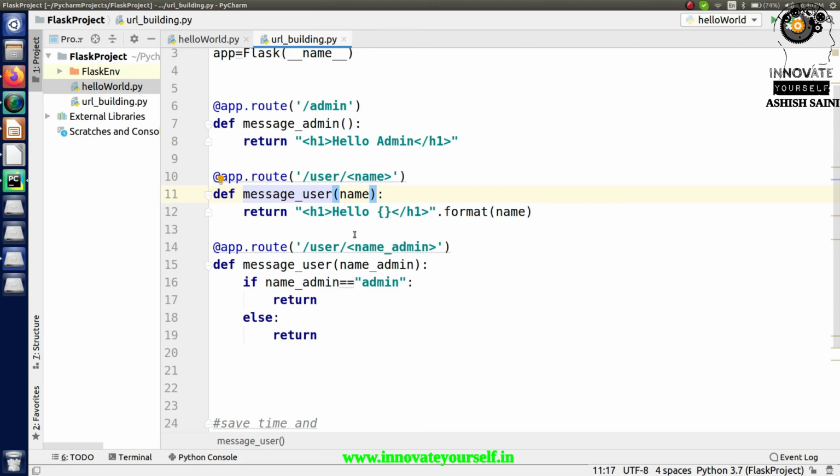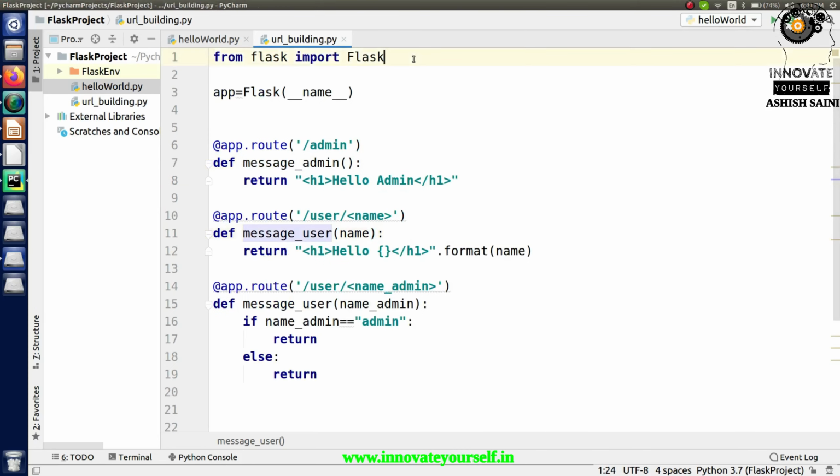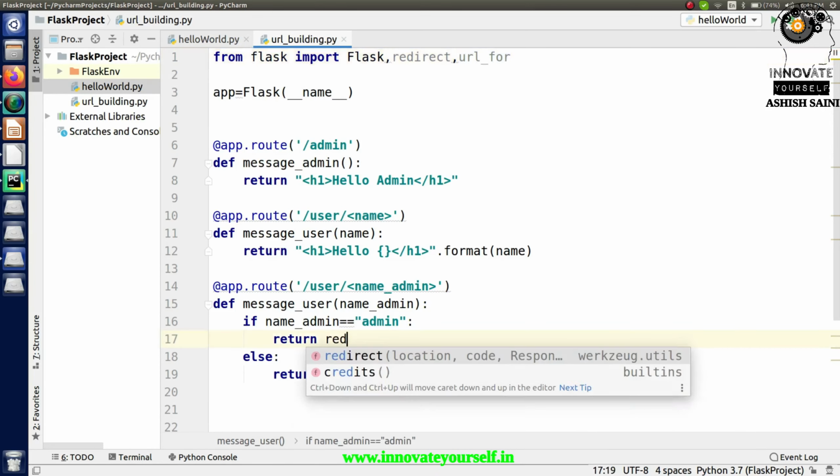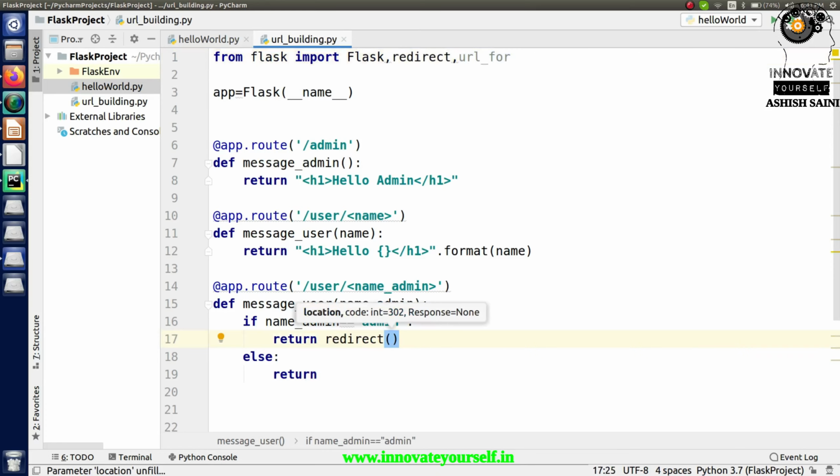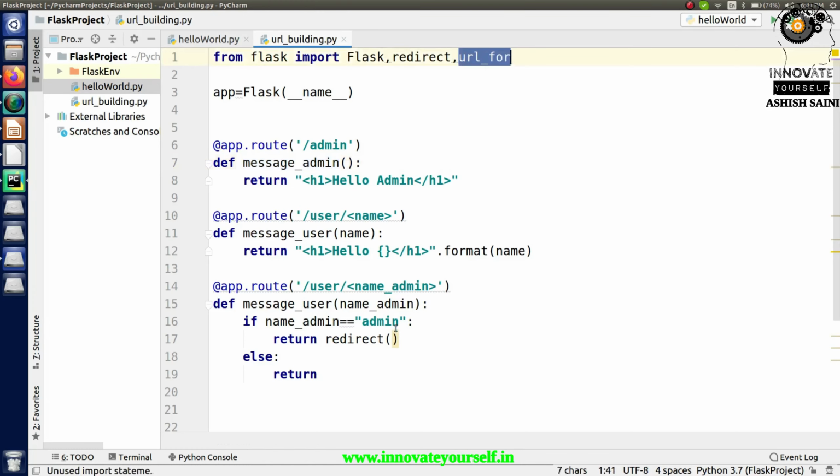To do that part I have to call two other classes from this. One will be redirect and the second one will be url_for. These are the two classes that I'm going to use here. So here I have to first redirect it, but where should I redirect it? Because this function is not any URL, I cannot directly redirect to this particular function. So I have to call url_for. By using url_for, it will pick the URL of this particular location and route you over there. So this is exactly what I have to do.